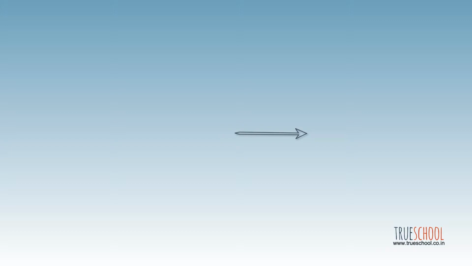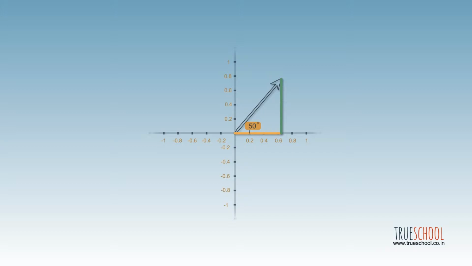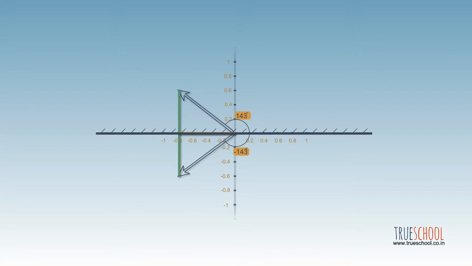Let's recall our arrow of trigonometry, which has a unit length and makes an angle theta with the positive x-axis. So base is cos theta and perpendicular is sine theta. Till now we have mostly discussed positive angles, but if we rotate the angle by the same amount clockwise about the x-axis, we will have a negative angle of the same magnitude. A simple trick to find the negative angle for any angle is to reflect it about the x-axis. You can do it for a negative angle also, to get the negative of negative, that is, a positive angle.